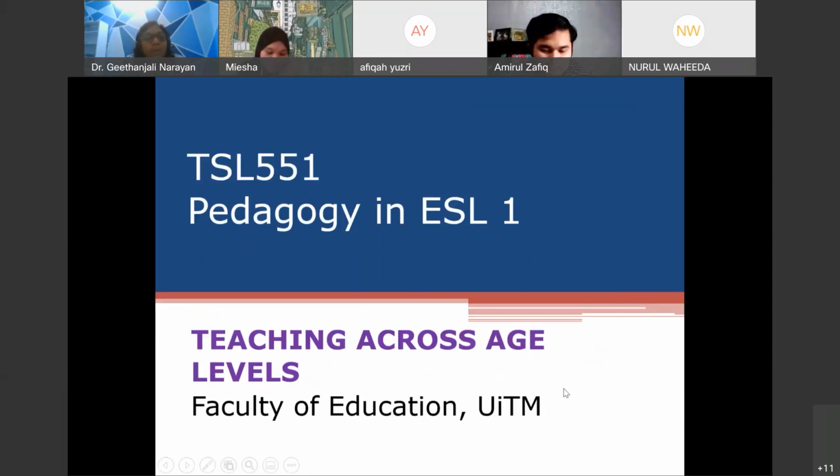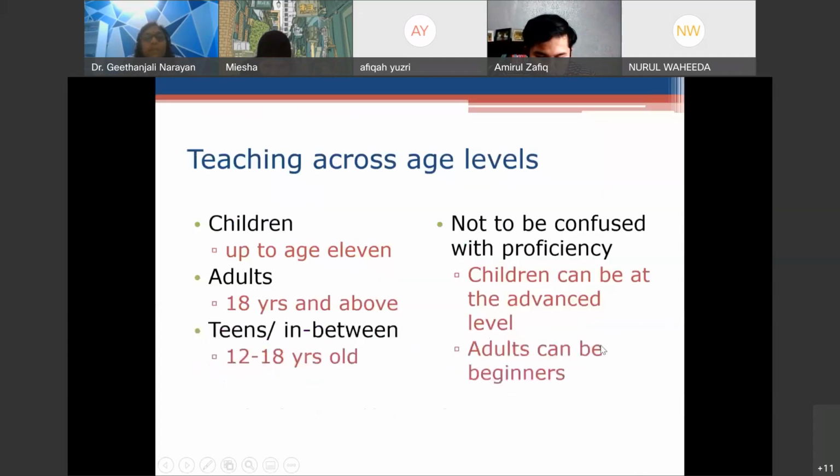Okay, now what we're going to look at in this week's class is basically two areas. Teaching, which will make a difference in terms of age or proficiency. All right. So age means your actual age. So it could be children, adolescents, adults. All right. And we'll look at how it differs. Right. So when you say teaching across age levels, these are the three groups I mentioned, they shouldn't be confused